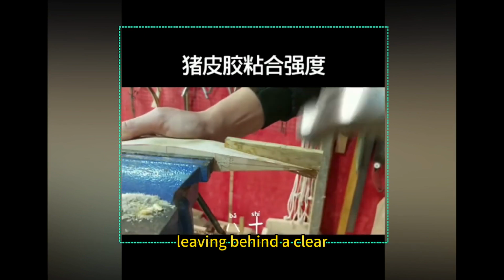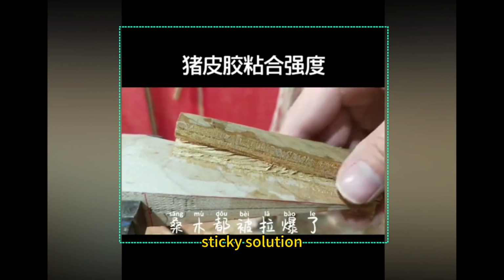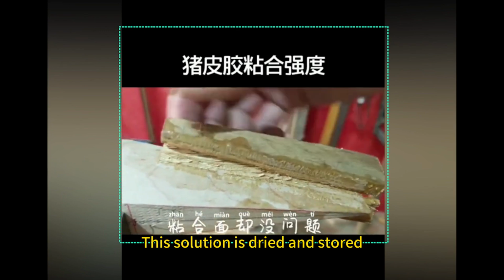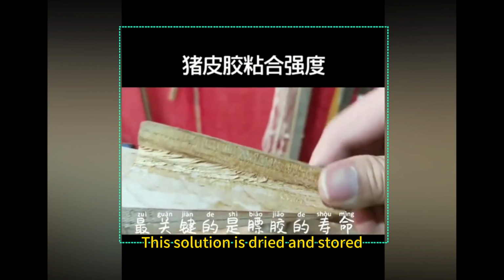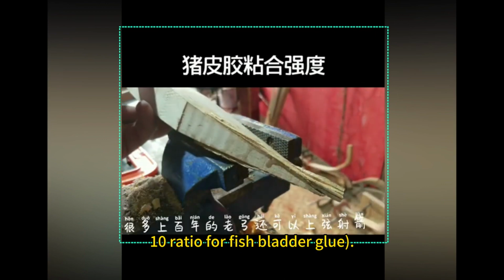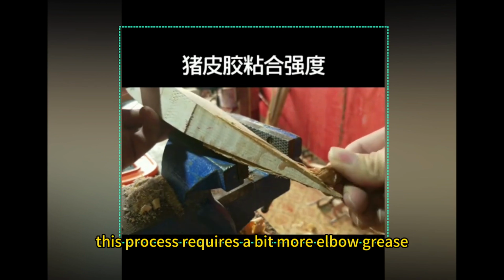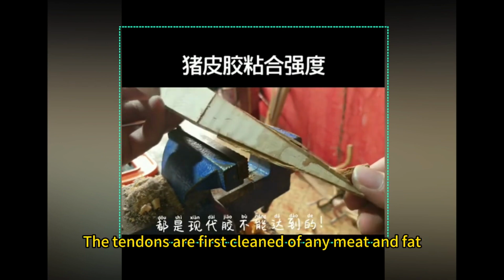Despite the wooden frame being subjected to tremendous force, the glue stick holds it together without any issue. What sets glue sticks apart is their exceptional durability. Unlike modern adhesives, glue sticks can withstand the test of time, allowing century-old artifacts to be strung for archery. Moreover, they possess both flexibility and reversibility, qualities that are unmatched by their